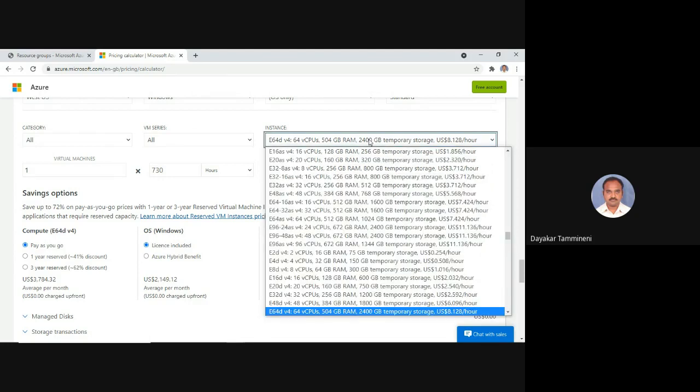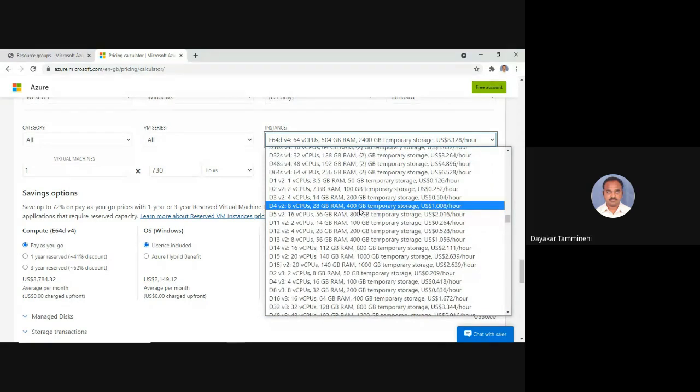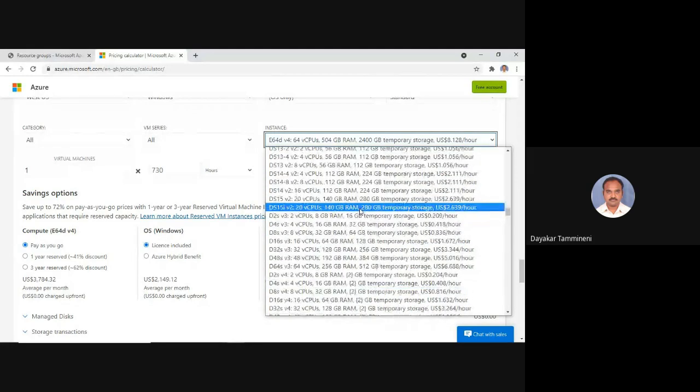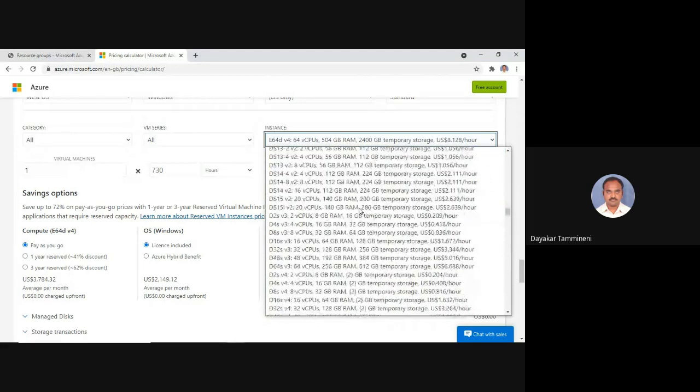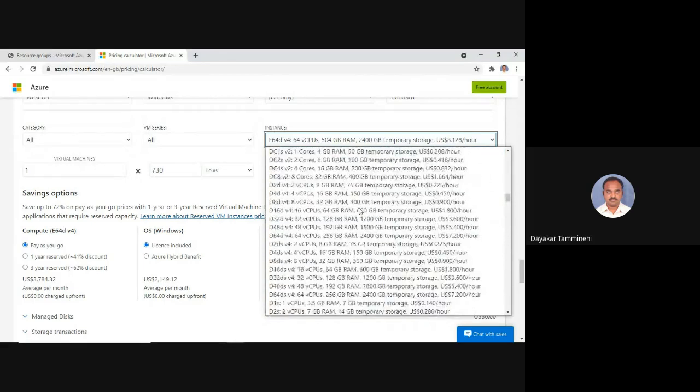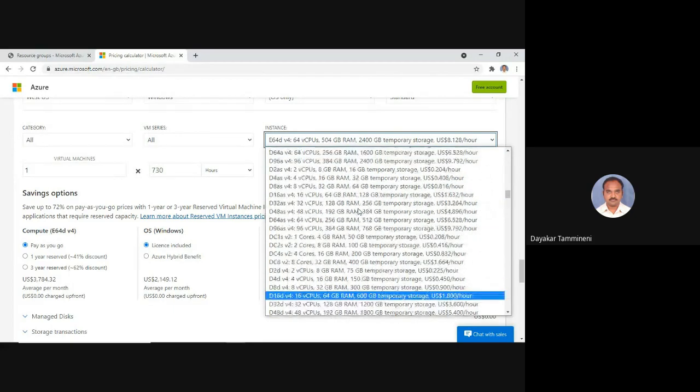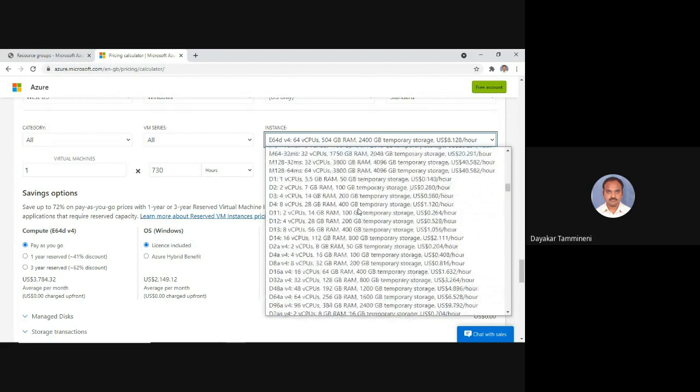What we have seen previously is an instance with D2 S3. Okay, so that is cheaper.